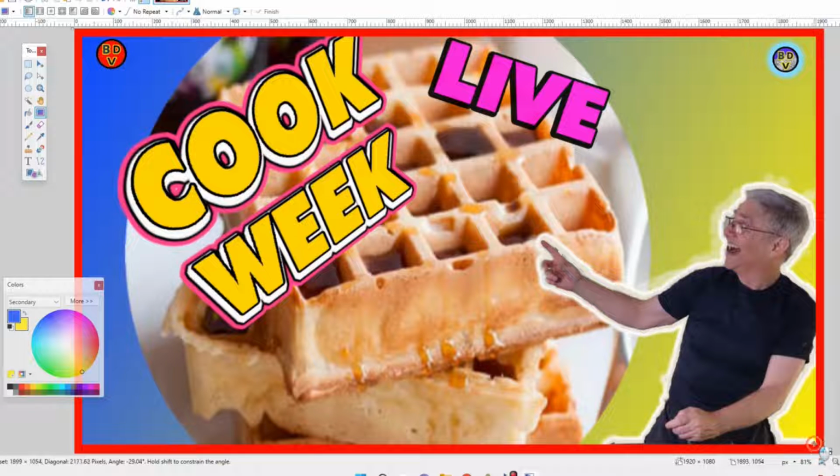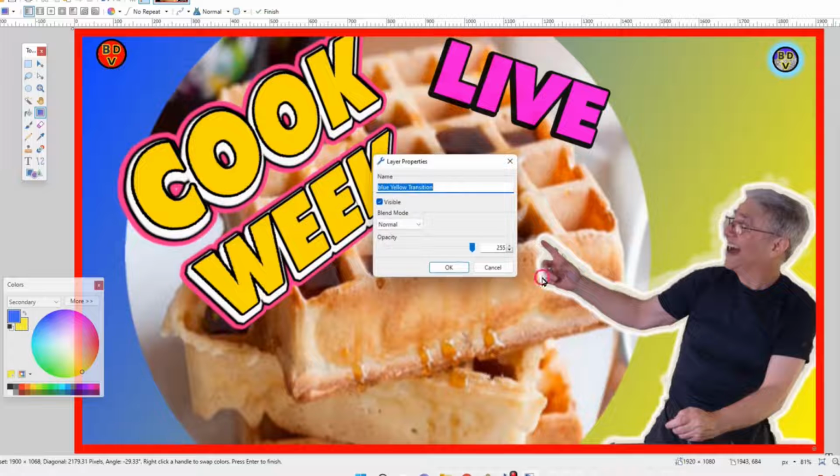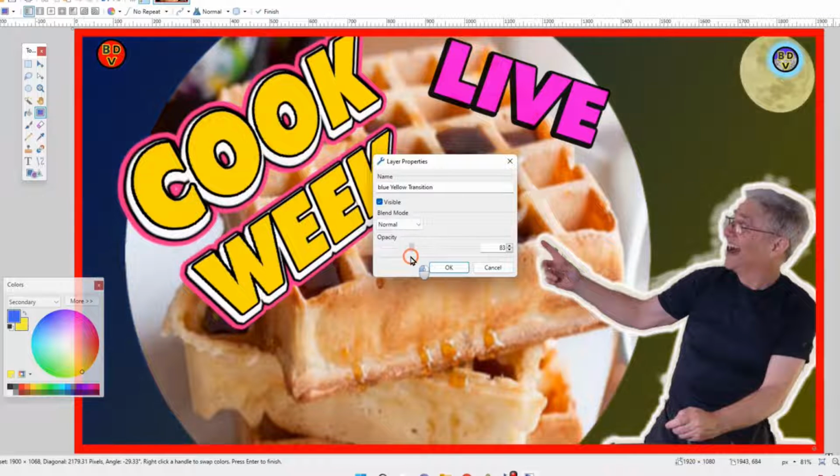But wait, Bill, that changes everything. Yes, it does. However, what we are going to do is just have a hint of those colors by adjusting the opacity